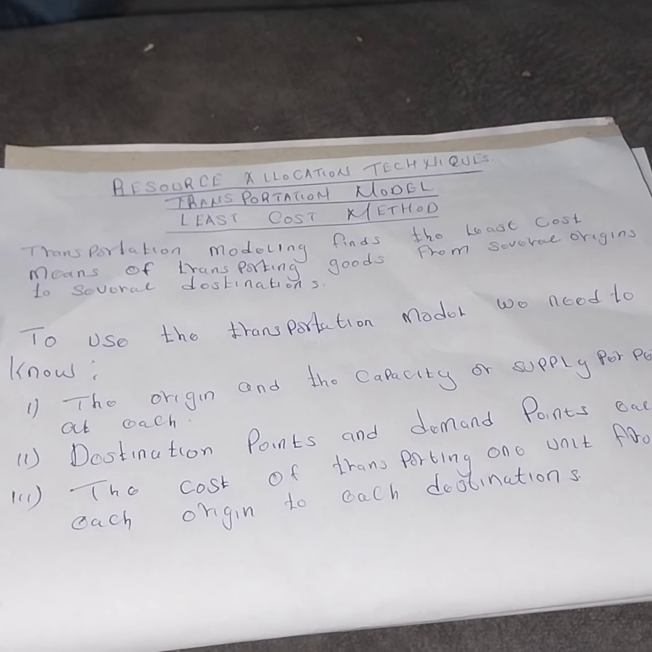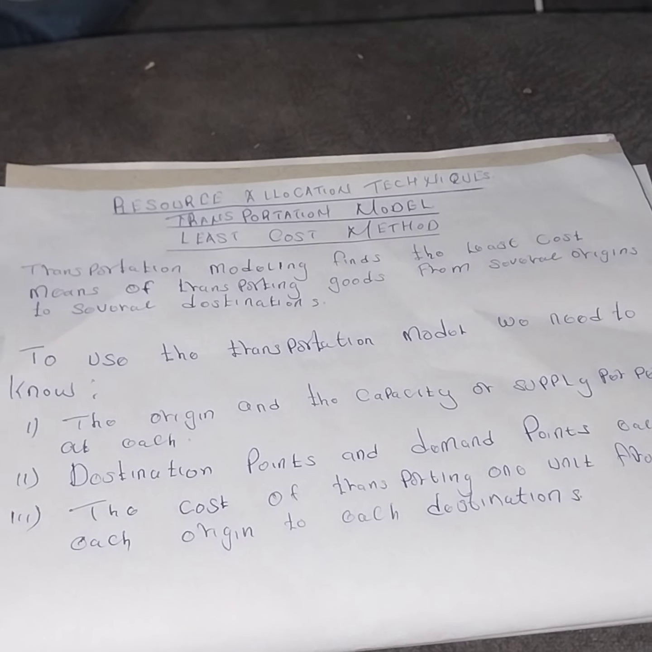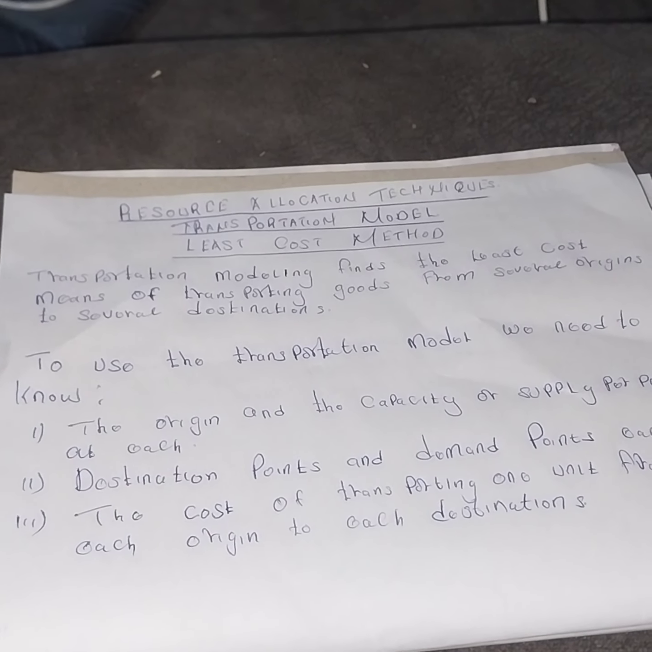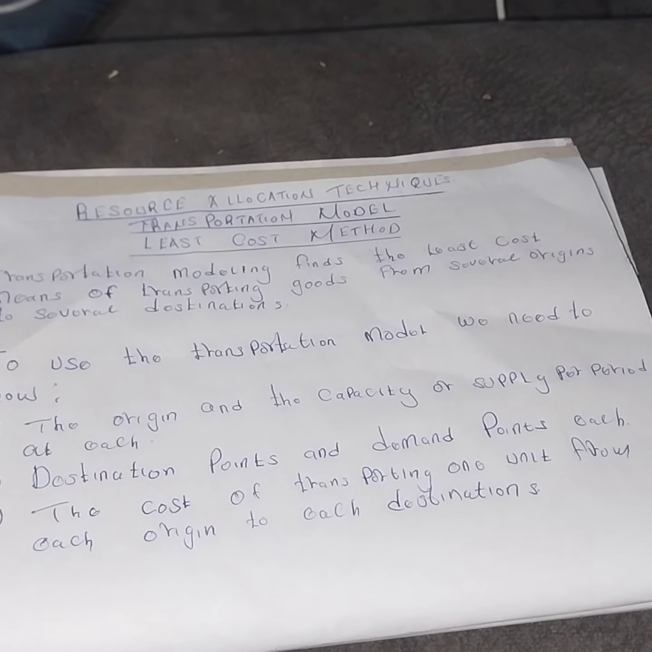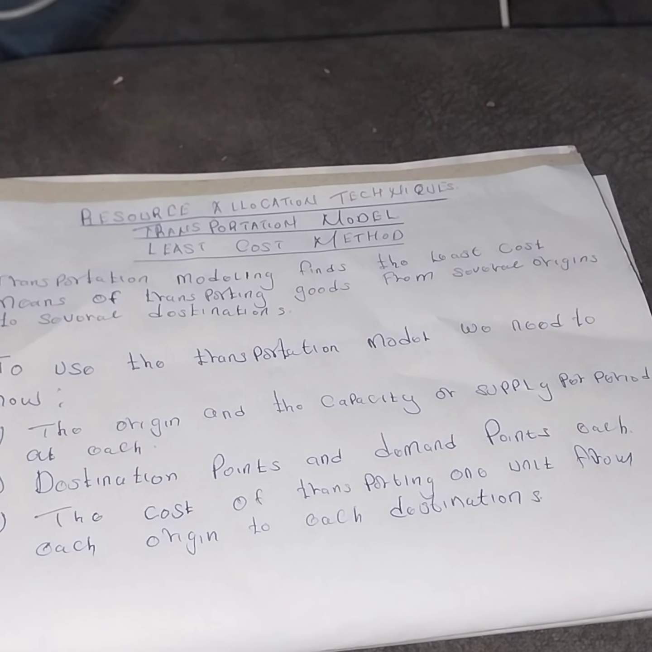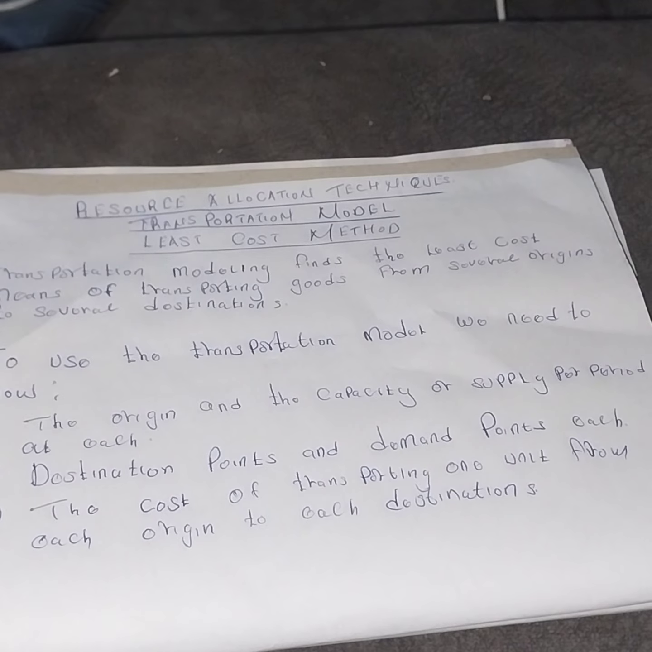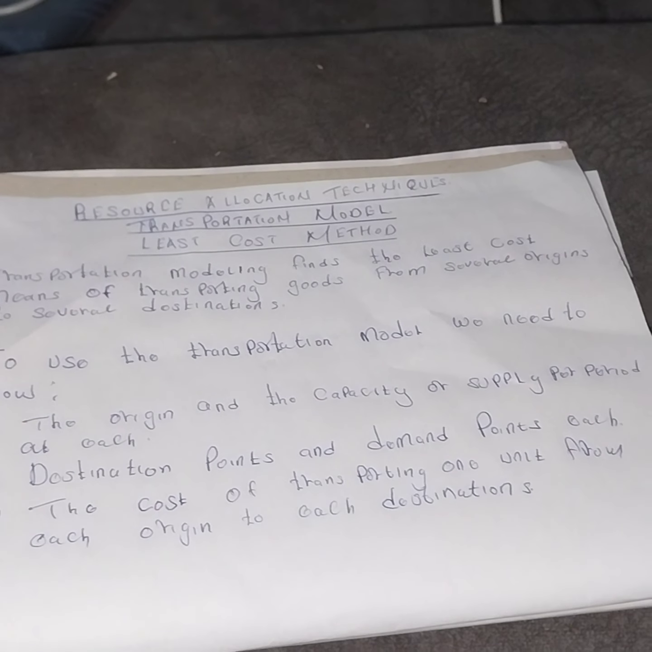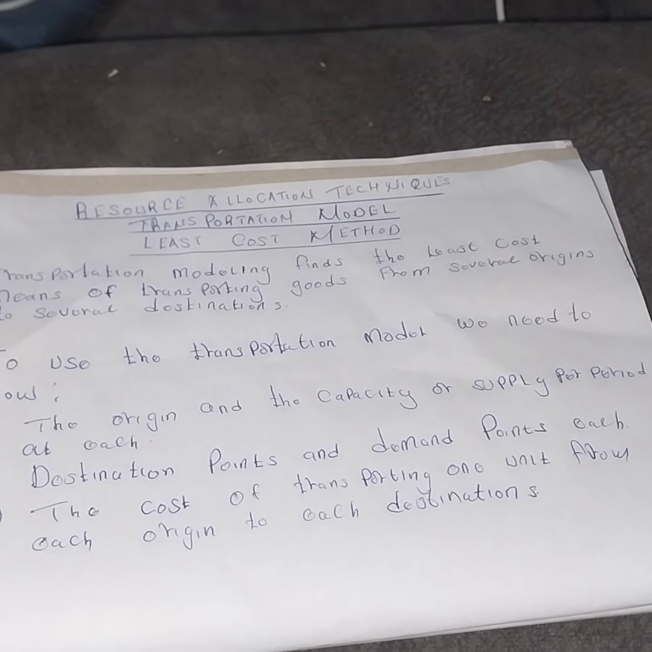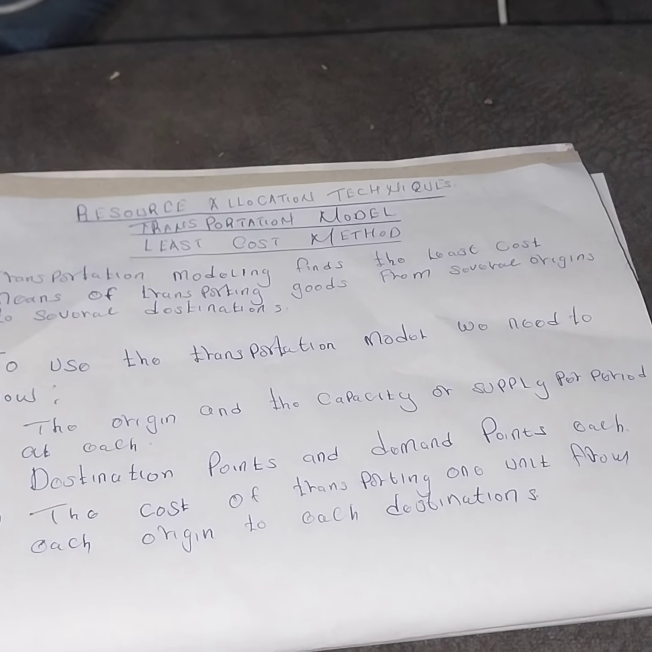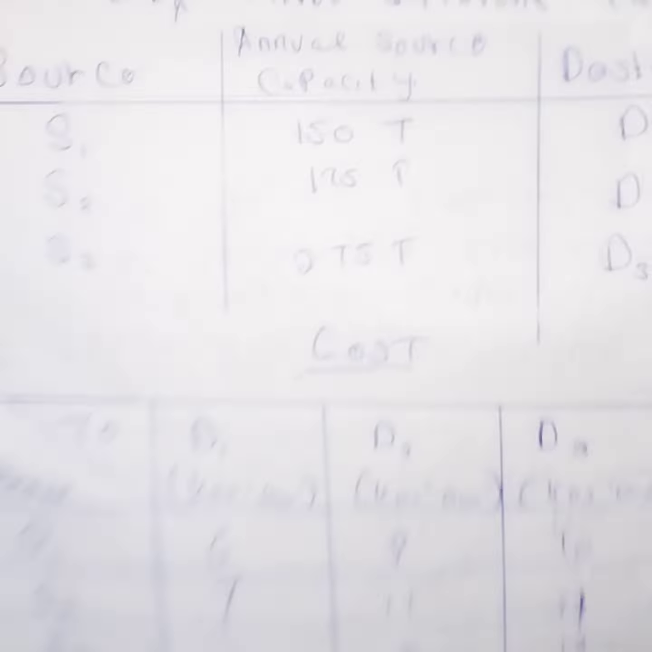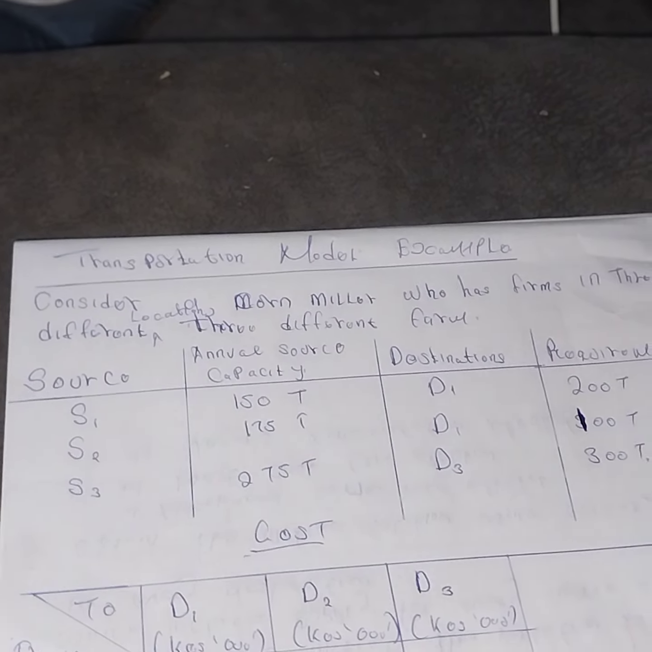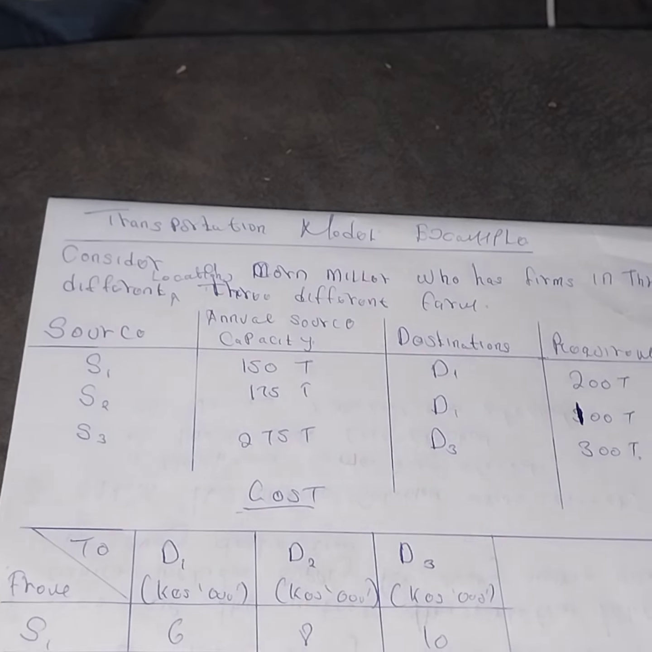To use the transportation model, we need to know three things: the origin and the capacity of supplying per period at each origin, the destination points and the demand at each, and the cost of transporting one unit from each origin to each destination. And we are going to look at a case here, a case of a corn